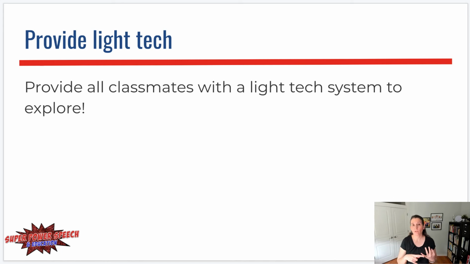You can find them for LAMP Words for Life. You can find them for Unity. I'm pretty sure you can get them from TD Snap. And if you're not able to do that, then what you can do instead is you can take a screenshot of that individual's device and then print that out. So if your individual is using an iPad-based communication app, then you can do a screenshot and you can actually just AirDrop it to another iOS-based system.